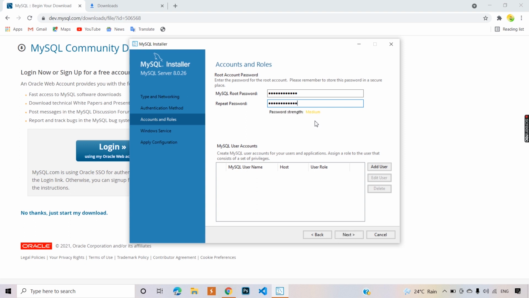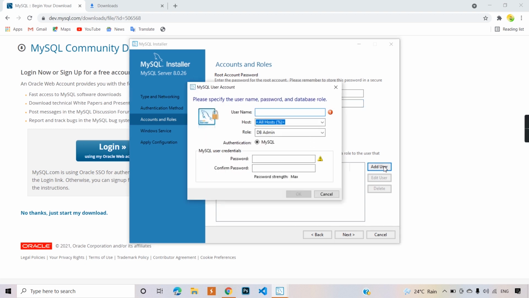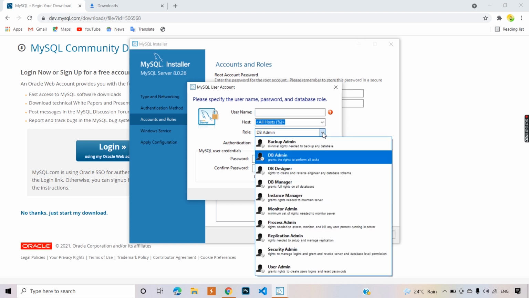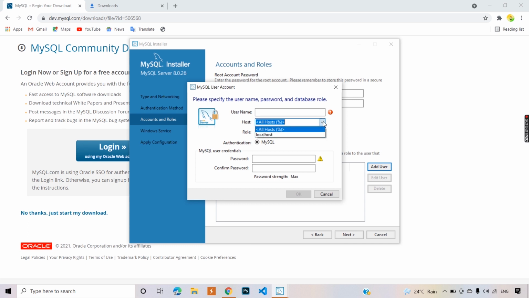After this, at the lower side you can see the option add user. Here we can add any user account, simply type his name and then select his role. There's a list, you can select any of these roles, then the host type, and at the bottom you can type the password.